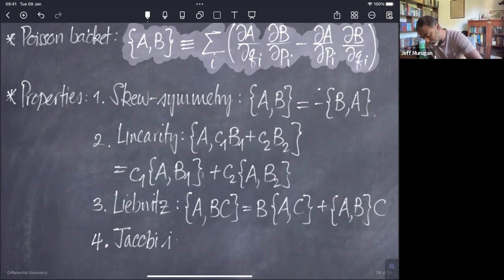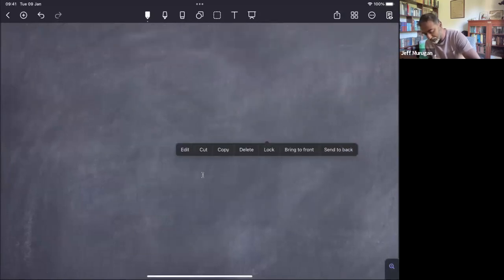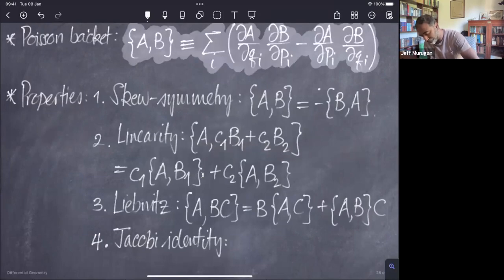And this is the fact that the Poisson bracket satisfies the Jacobi identity. And the Jacobi identity for the Poisson bracket basically says that given three functions A, B, and C on phase space,